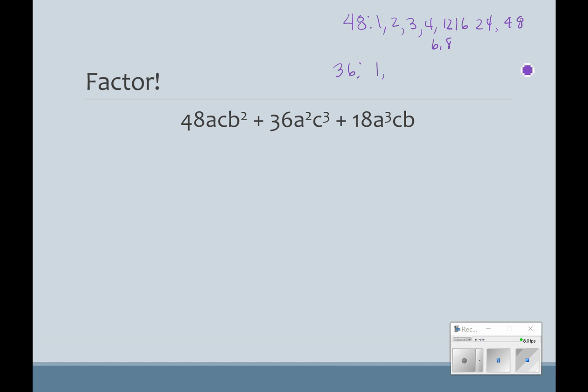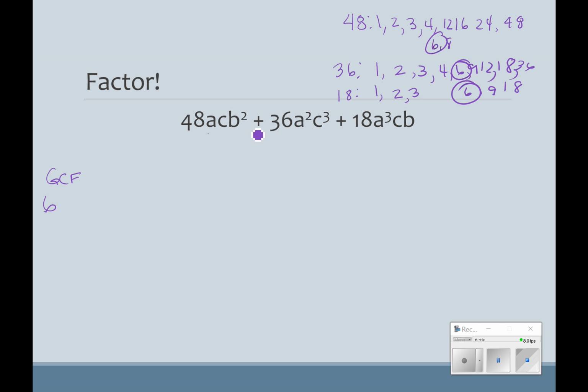36: 1 and 36, 2 and 18, 3 and 12, 4 and 9, and then 6. And lastly, 18: 1 and 18, 2 and 9, 3 and 6, and that's it. So it looks like my largest factor that they have in common is going to be 6. So its greatest common factor is going to be